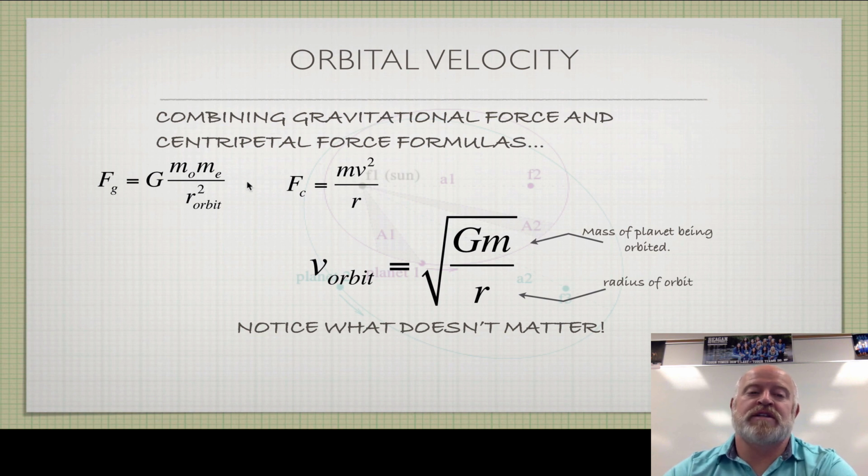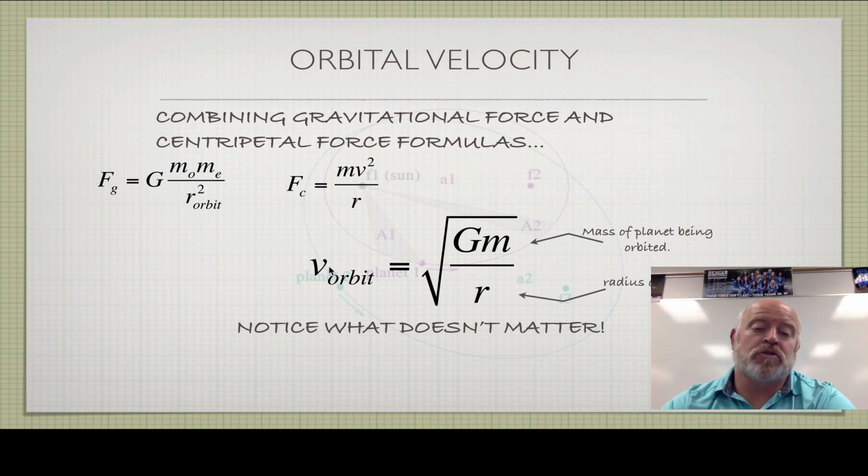One thing we're going to notice is that the mass of the object that is doing the orbiting cancels out again in our math. So all it depends on is the mass of the planet you're orbiting and the radius you are from that planet. Okay. Solving for velocity, because it's squared here, we do a square root. And we say that the orbital velocity is the square root of big G times the mass of the planet being orbited divided by the radius. Okay, so notice again, what doesn't matter? The mass of the satellite. Which means you could have a speck of sand orbiting and it would have to have the same speed as an entire Mack truck or entire school bus out there, or our moon, to give an example.